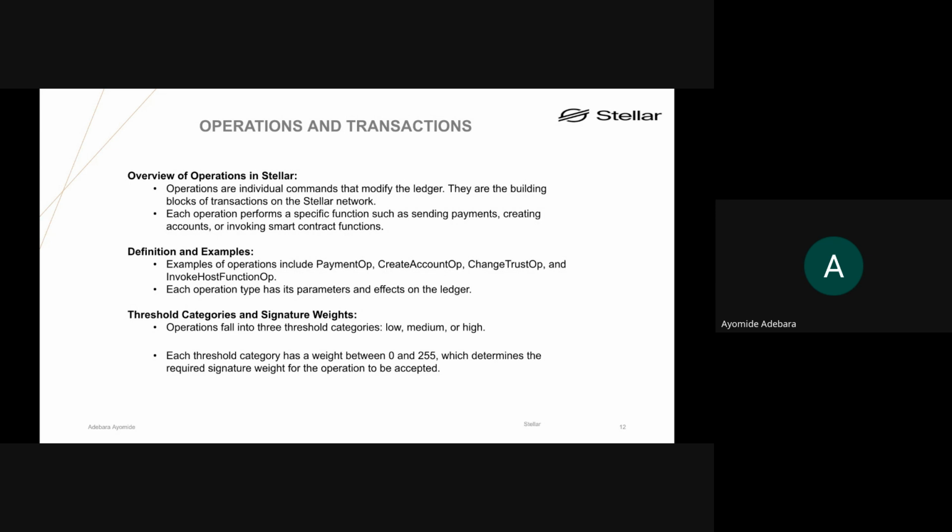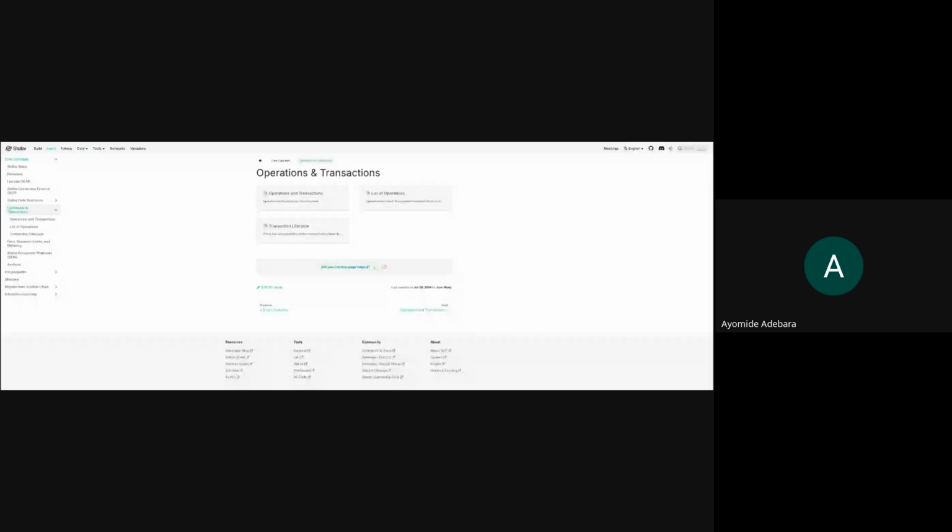So let me share my screen on that. So stop presenting and present the Stellar documentation. Okay, so I'm going to increase this so it's clearer.